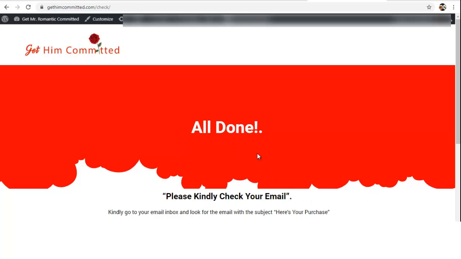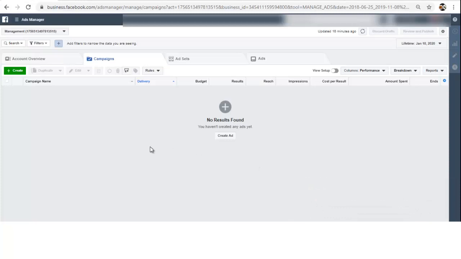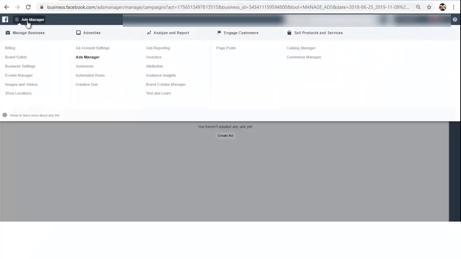The next thing that we'll need to do is start adding pixels. Okay, we'll create the pixels and then we'll add them to the various pages. All right, so this is a brand new ad account. I want to assume that you have your own ad account already. So what we want to do now is create pixels, because I don't have pixels. It's a new account, right? So basically we'll go to